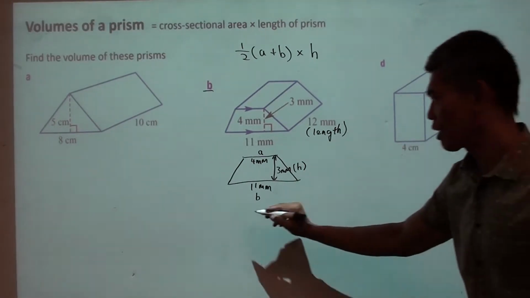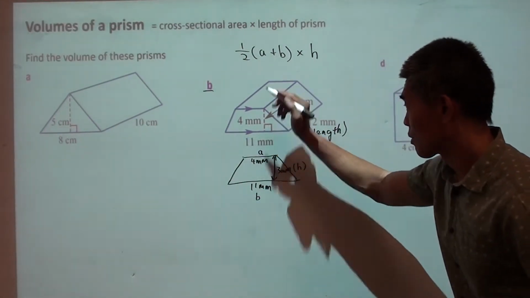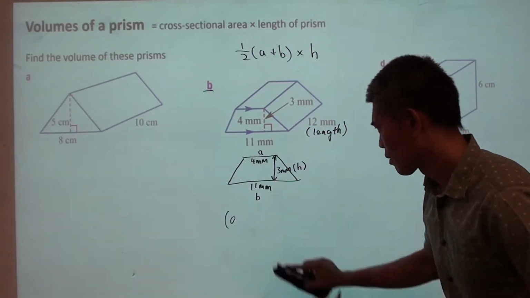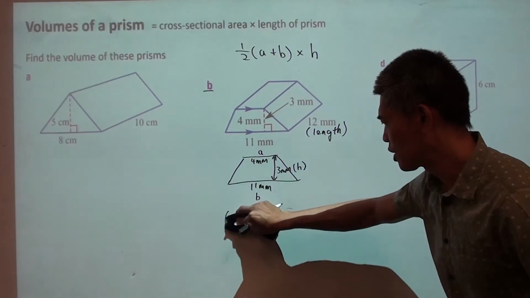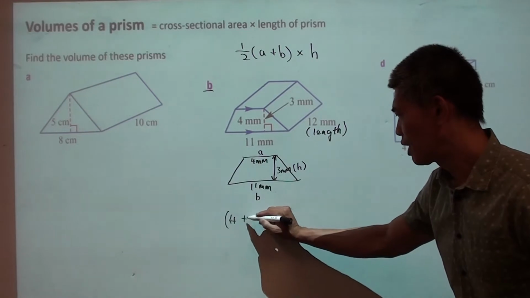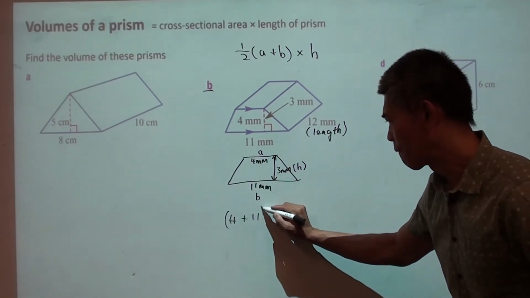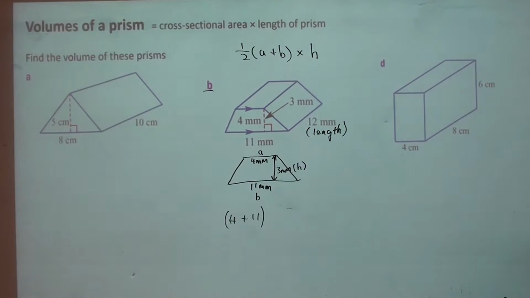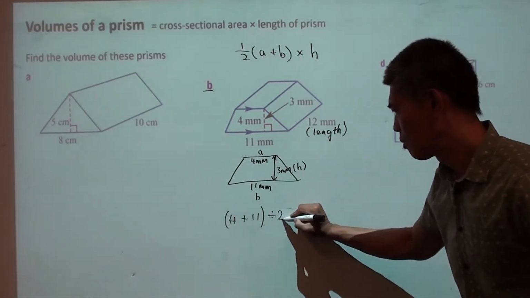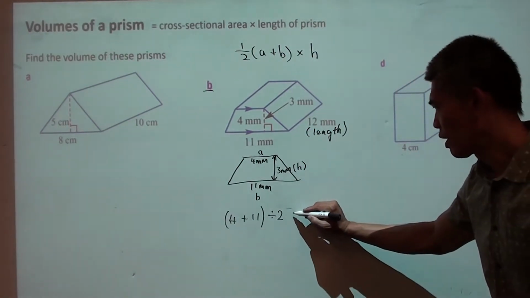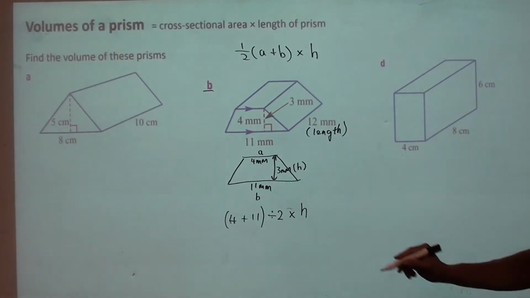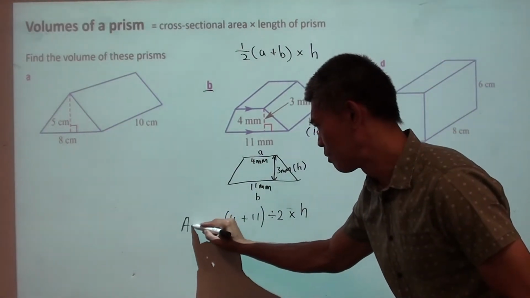Alright, so let's go ahead. So we'll have A plus B. A in this case is 4, B is 11. We're going to divide by 2. And then we're going to multiply by the height. Okay, so this is the area